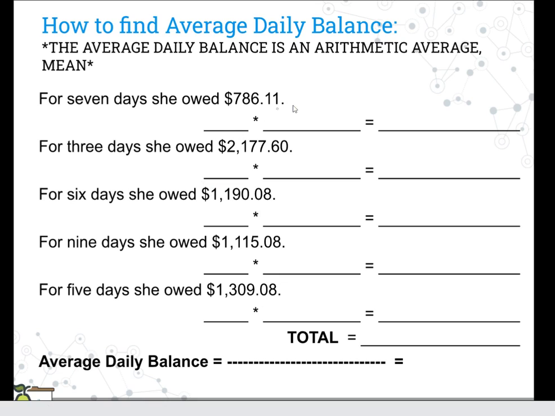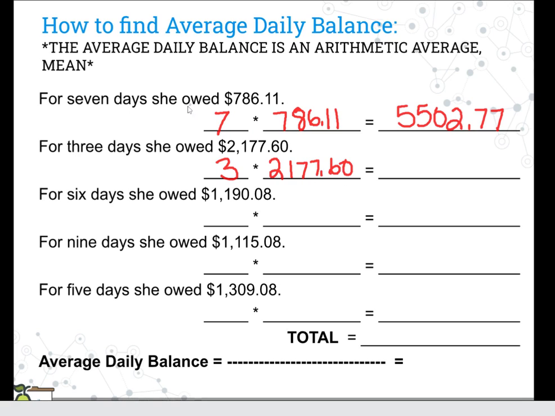So, in order to do that, we are going to take how many days. So, the number of days she owed that balance. We're going to say 7 times $786.11, and we'll go ahead and calculate that. That means the total, so the each day accumulating, we have $5,502.77. There were 3 days where